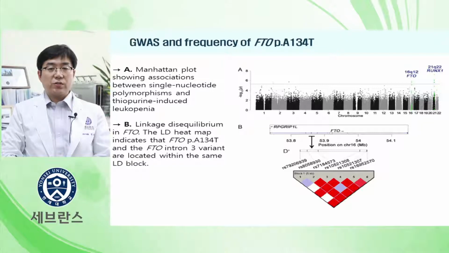First, we carried out GWAS in the discovery cohort with the aim of discovering novel variants that confer sensitivity to thiopurine leukopenia. From a total of 273 coding variants, we identified 48 non-synonymous variants with a minor allele frequency of more than 1%. Among these coding variants, a missense variant in FTO showed the strongest association with thiopurine-induced leukopenia. Moreover, FTO p.A134T was located within a single LD block containing the FTO intron 3 variant,